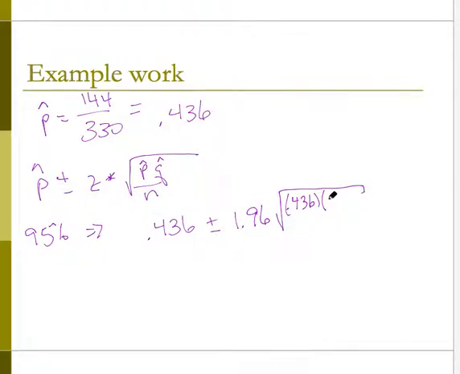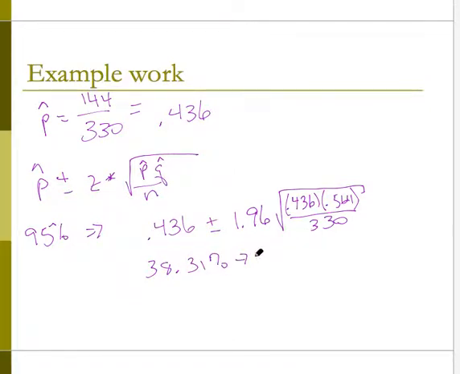And then q hat is 0.564, and 330 people were polled. Okay, so if you're using a TI-84, you could use the second enter button to pull back the information you just put in, and you change the plus to a minus. Okay, so when you figure these values out, I'm not going to go through all of that math, but when you figure that out, you get